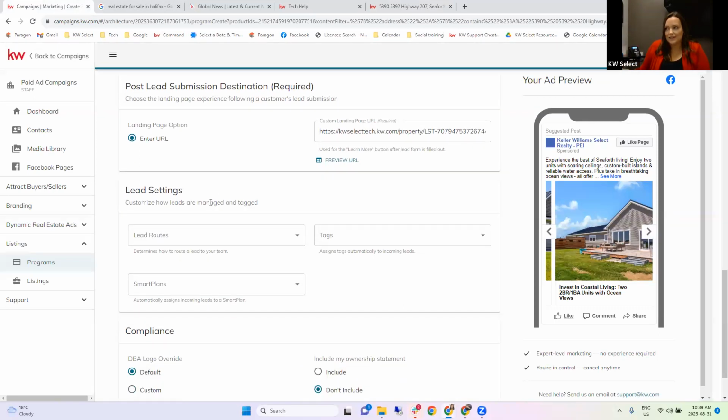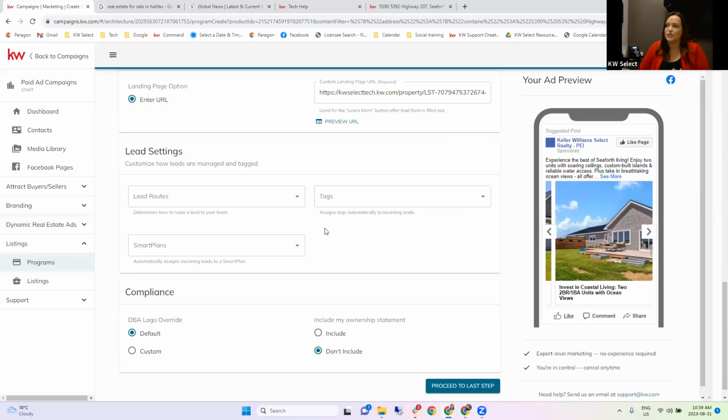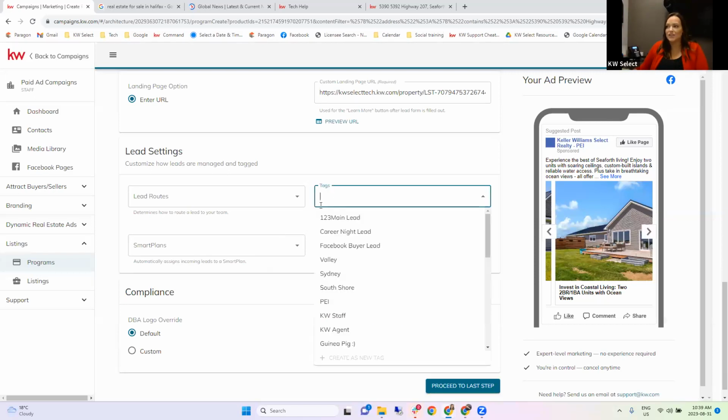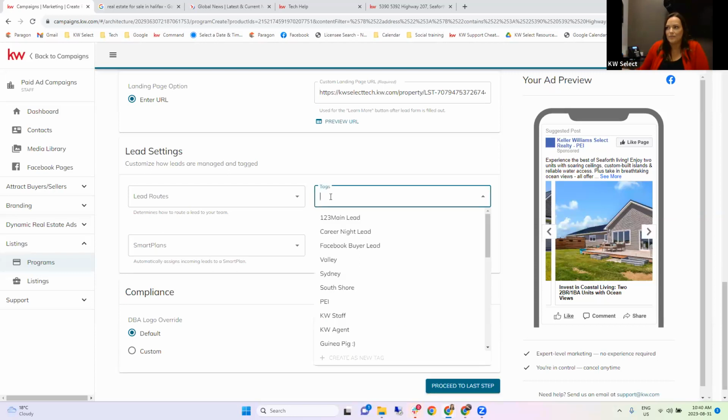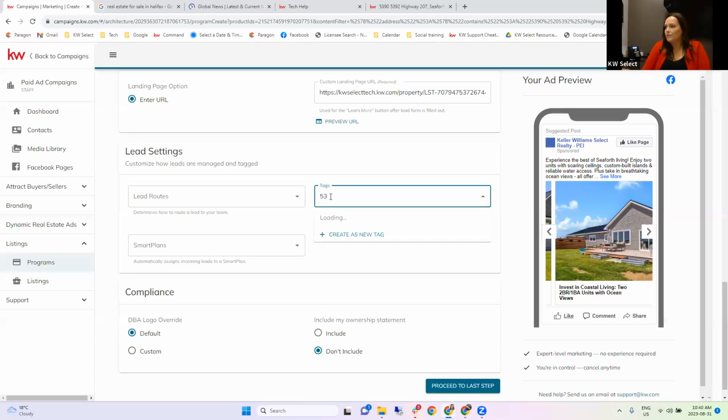Then we have lead settings. So this is where, if you're on a team, you have lead routes, if you're routing that lead to a specific team member. If you're an individual agent, you'll only see tags and smart plans as your options here. So tags are going to automatically add a tag to any lead you get from this ad. I highly recommend, for your own sanity, that somehow in your database you're able to narrow down who came from a specific ad. So I might have a tag